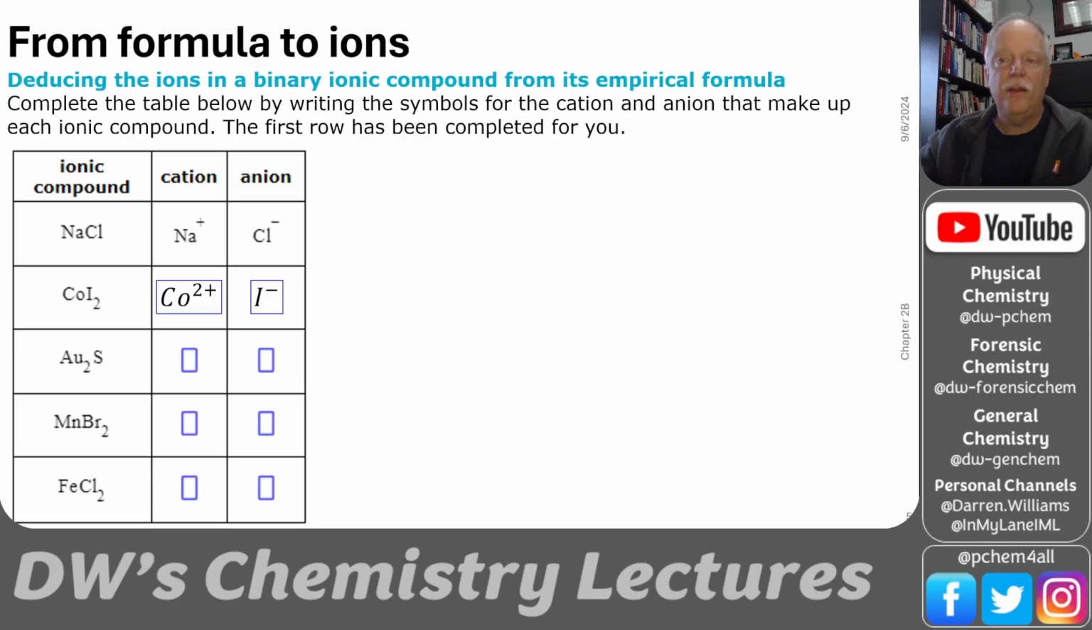Now, already we need to think about this one because cobalt, you may not know that it's 2 plus. But if you look at iodine, it's in column 7, group 7A. It's one away from the noble gas. Everything in that column, like chloride, iodide, fluoride, they all form a -1 anion. And if I know that iodine's -1 and I've got two of them,